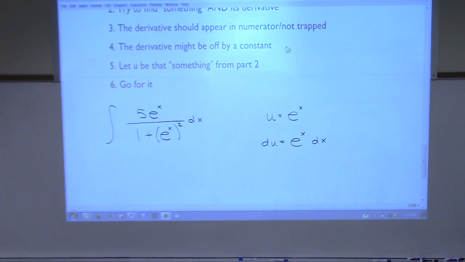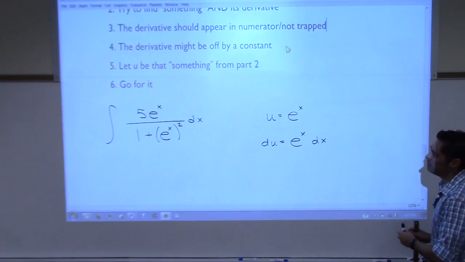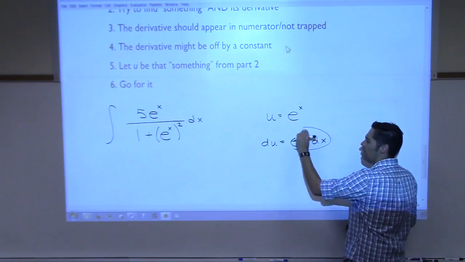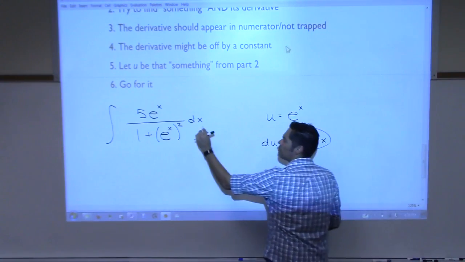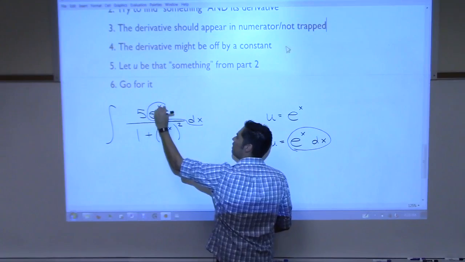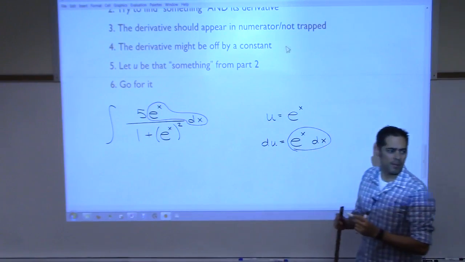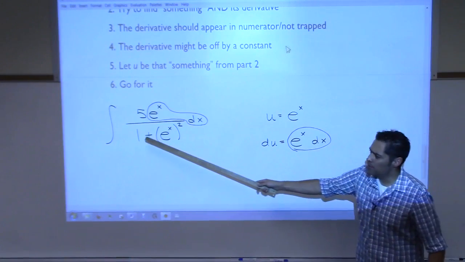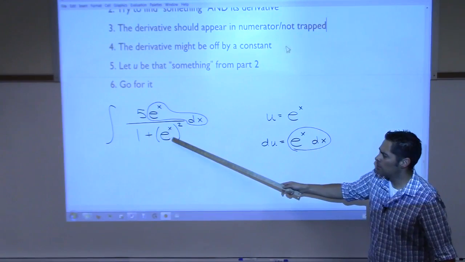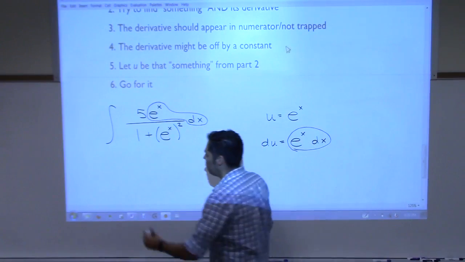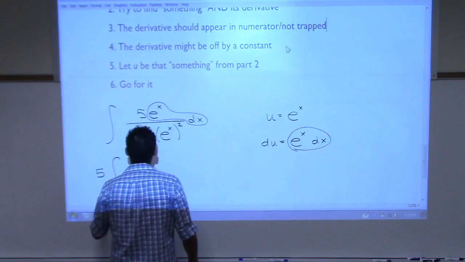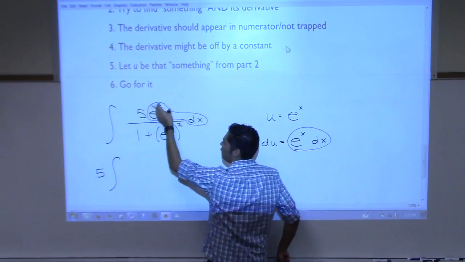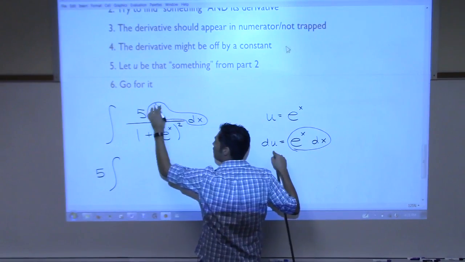So let's do it. I'm going to be able to rewrite e to the x dx, right? That is right here, e to the x dx. It's that piece. The 5, I'm just going to yank it out. It was just there to confuse you. That 5 is not going to have any impact on the problem. It's going to come out. And down here is going to be replaced with 1 plus u squared. Okay, so let's do it. 5's getting yanked out. Integral. When the 5 comes out and this thing right here is going to turn into du,